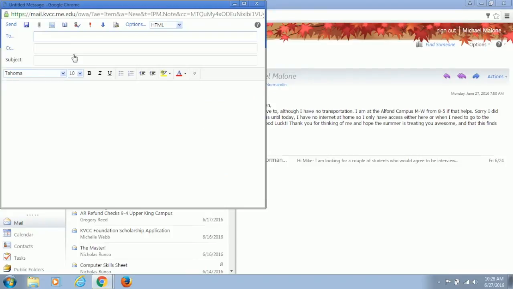Here it is. And like I said, I'm going to have a lot more people in mind because I've been here a lot longer. So Nick's name will probably just pop right up. So you populate that with who you're going to. See, there's Nick right there. If you didn't have that, you could just type in his email address if you knew it. A lot of you in Trio will have business cards for Nick, Landy, Portland, Michelle, and Lisa. They all have their emails on it, so that's what you just type in.